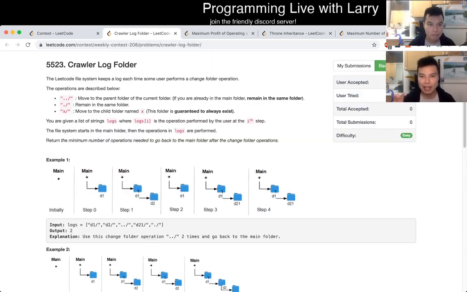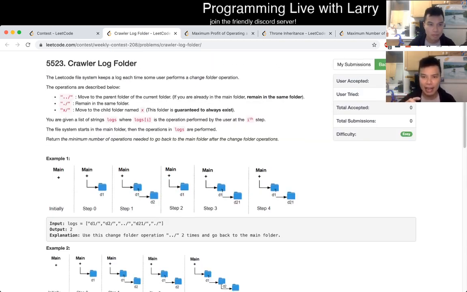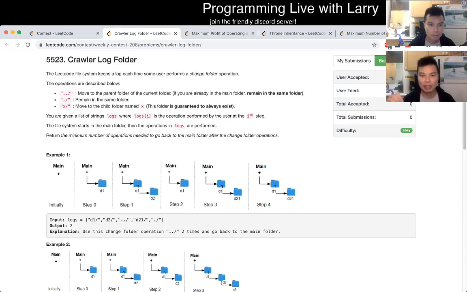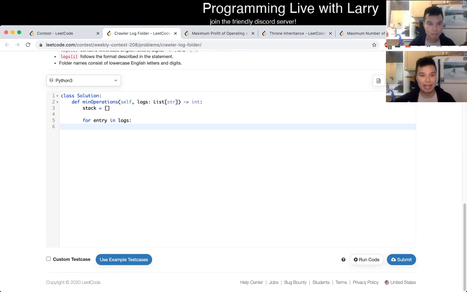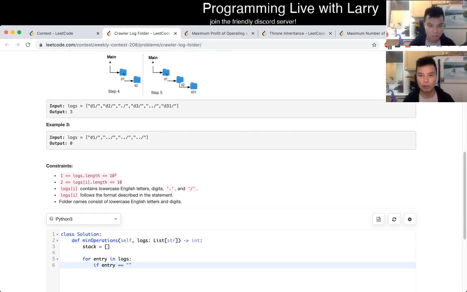The only question that I had was, if you change directory in real life, you can actually CD to multiple depths at one time. So I had to read it a few times to make sure that you can only go at most one depth. And that's basically what I did for this one.